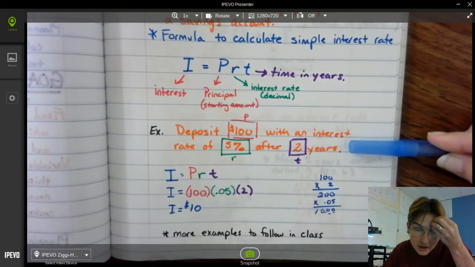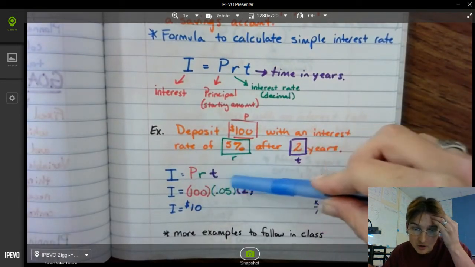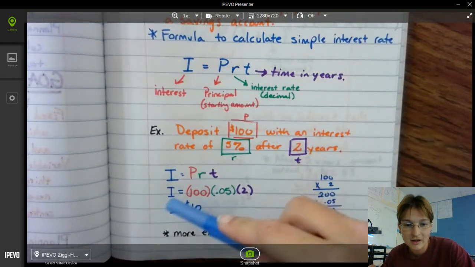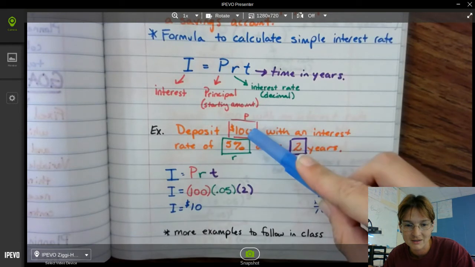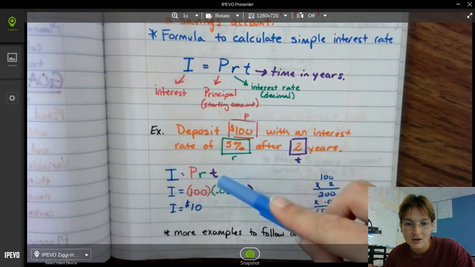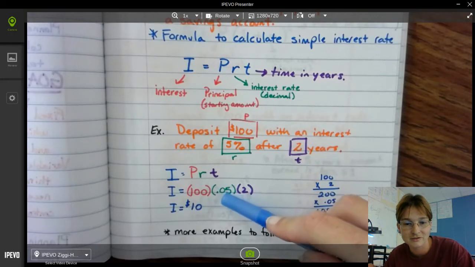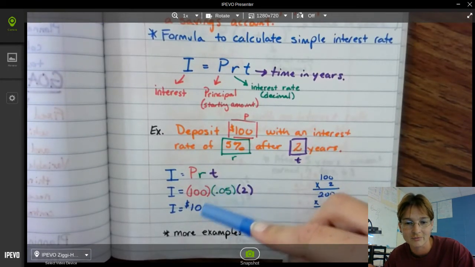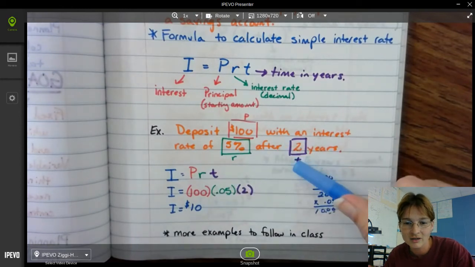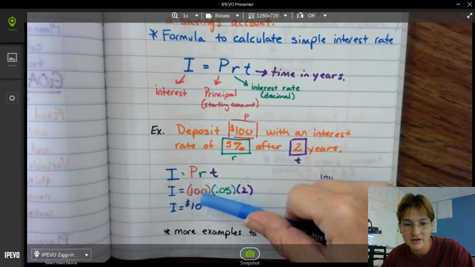Okay, so you put in your formula, I equals PRT, and your principal is $100. That's what you're depositing into the savings account. Your interest rate, 5%, so we're changing that to the decimal 0.05. Remember, percent to decimal, we move 2 times to the left. And then over the years, 2 years, that's what we put in for T. So we have 100 times